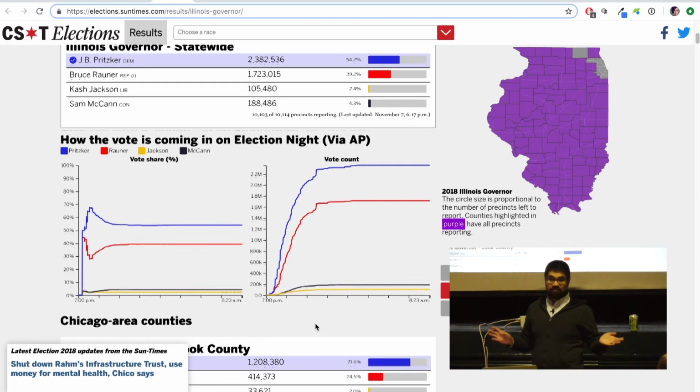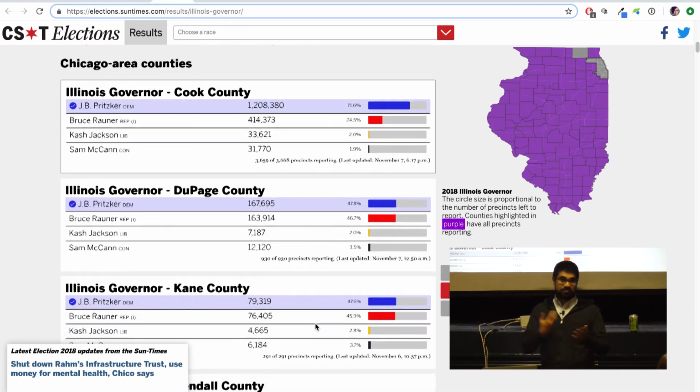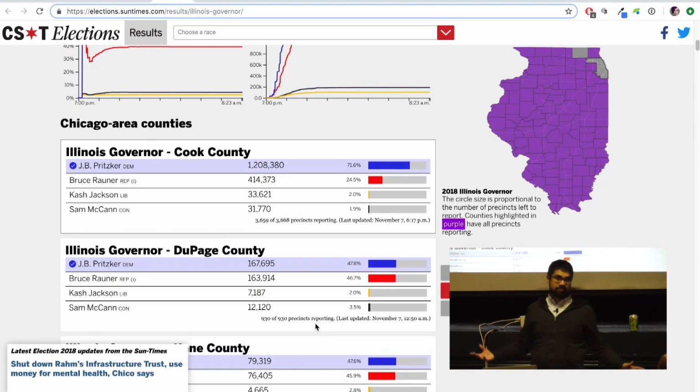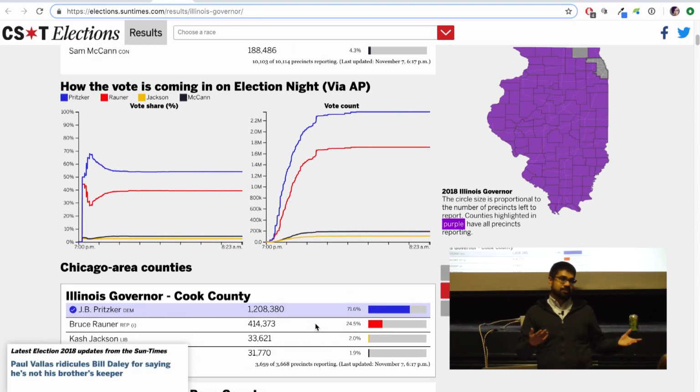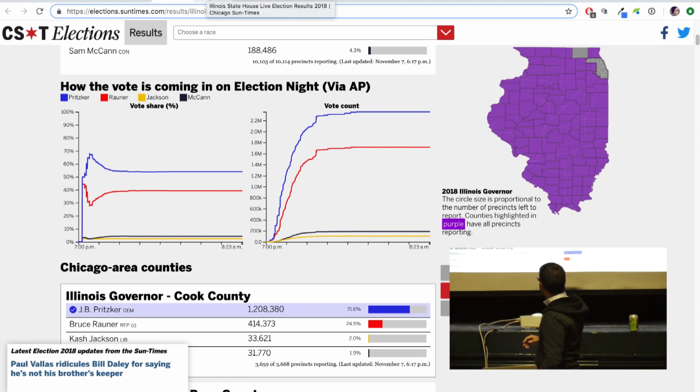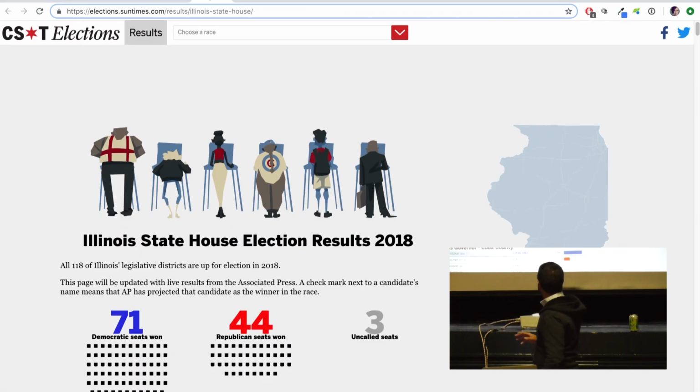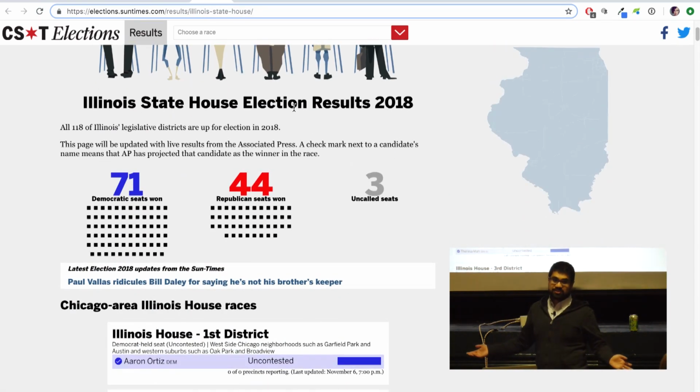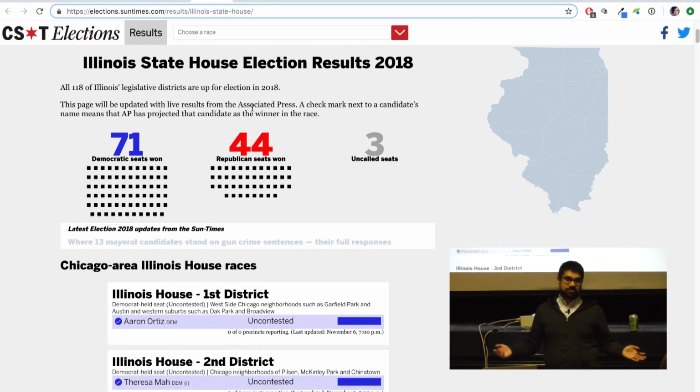So we put all this effort in the governor's page and the big statewide races where you can map out counties and show geography that people understand. But this was not our biggest race that people cared about. Our biggest visualization, in terms of page views, was this, which is a very simple JavaScript counter that